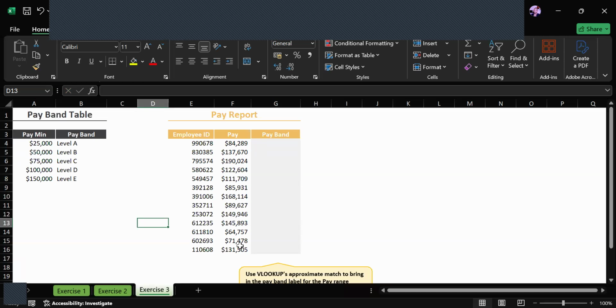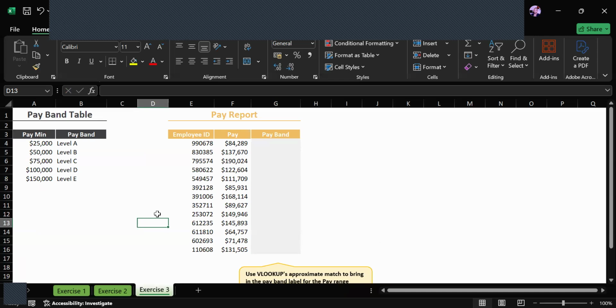For instance, if somebody is earning from 10,000 to 20,000, you can choose to call them, let's say, level A. If somebody is earning about 50,000, you should call them level B. If somebody is earning like 40 to 50, you can call that person level C, and so on and so forth. So that is what we are asked to do. So in this regard,